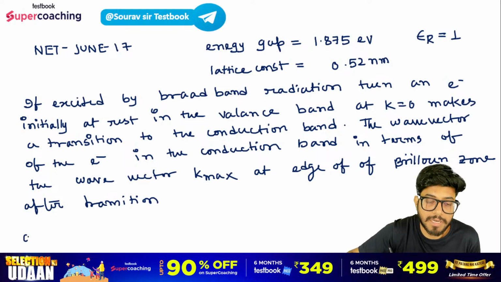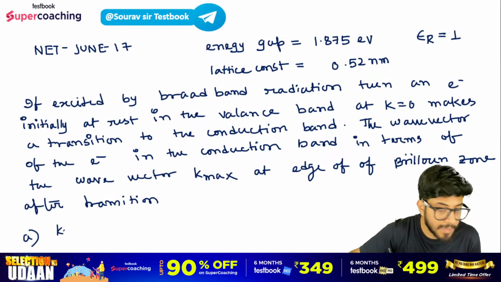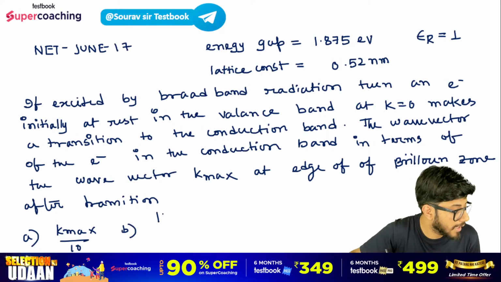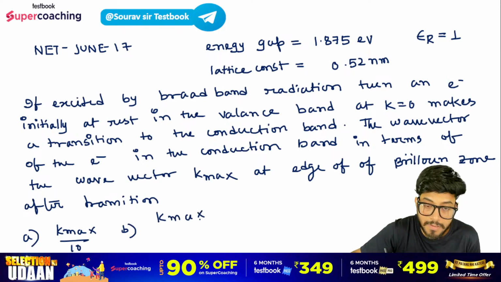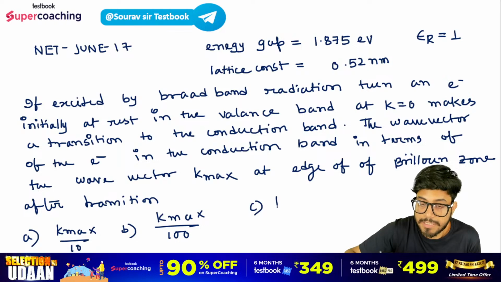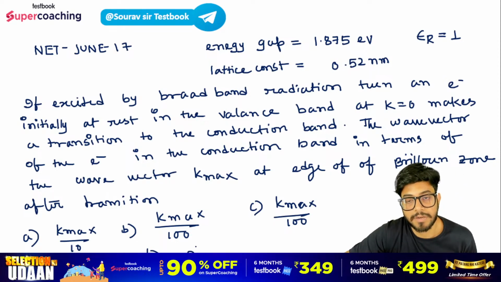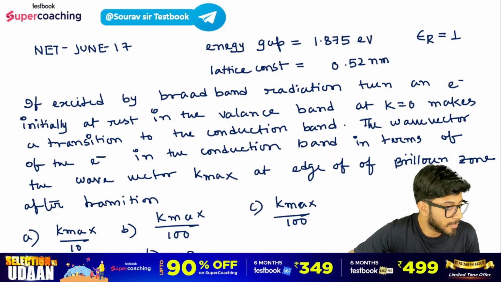कितना होगा भाई, ऑप्शन ए में कहा गया है k max by 10, बी में कहा गया है k max by 100, सी में कहा जा रहा है k max by 1000 एंड डी में कहा जा रहा है 0। विच वन इज करेक्ट ऑप्शन बताओ। तो बेसिकली सर यहाँ पे